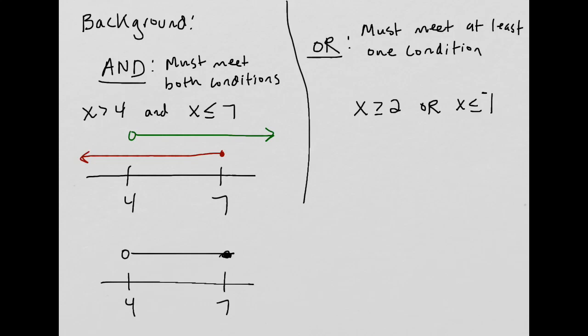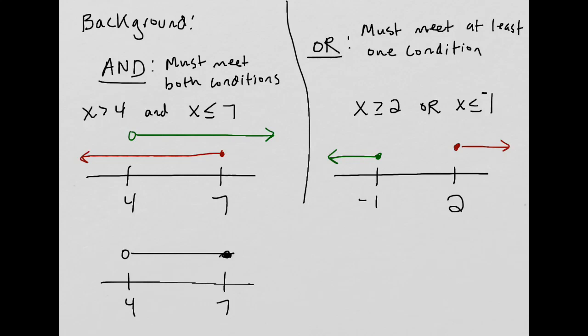So I'm going to start by graphing out each one of those sets individually, just like I did with the and case. So I've got -1, I've got 2. If I graph out the first inequality in red, x is greater than or equal to 2, I'd have a closed circle at 2, and I'd graph all the numbers to the right. If I do x is less than or equal to -1 in green, closed circle at -1, graph all the